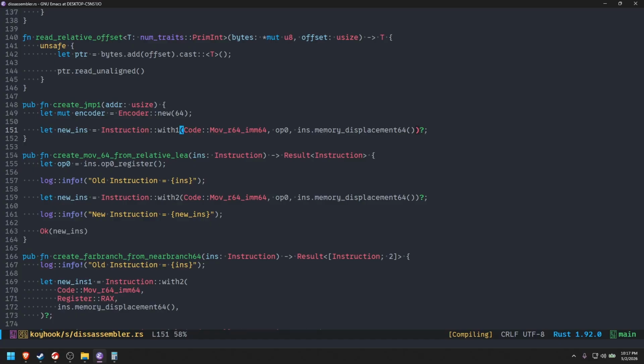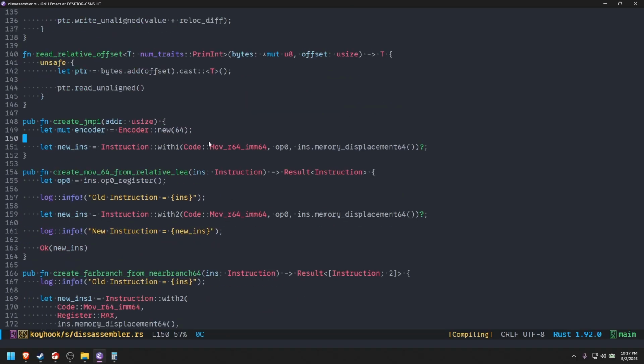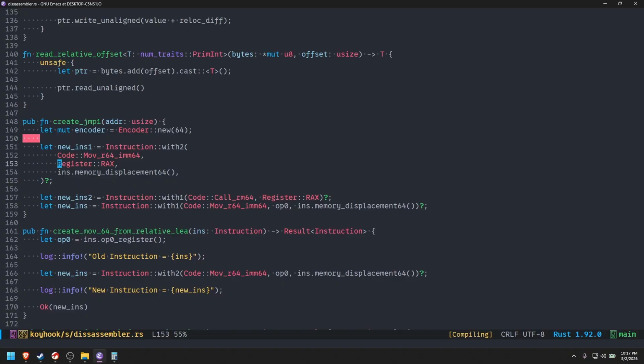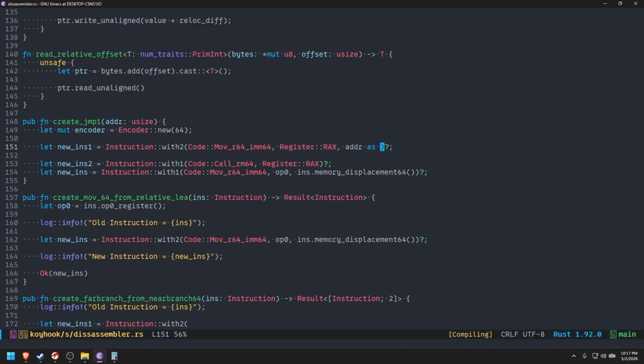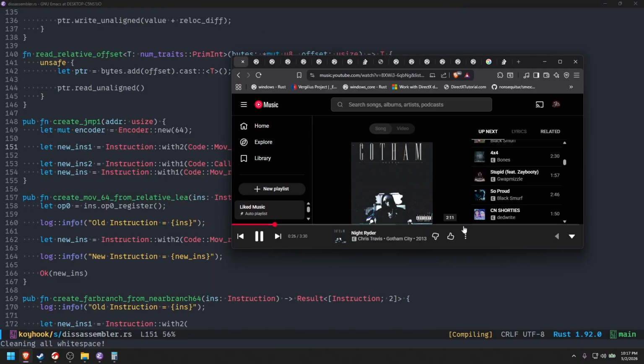I actually want to create two instructions here, so it's going to be very similar to our call instruction. So here we're going to move the address, right, as E64 immediate,